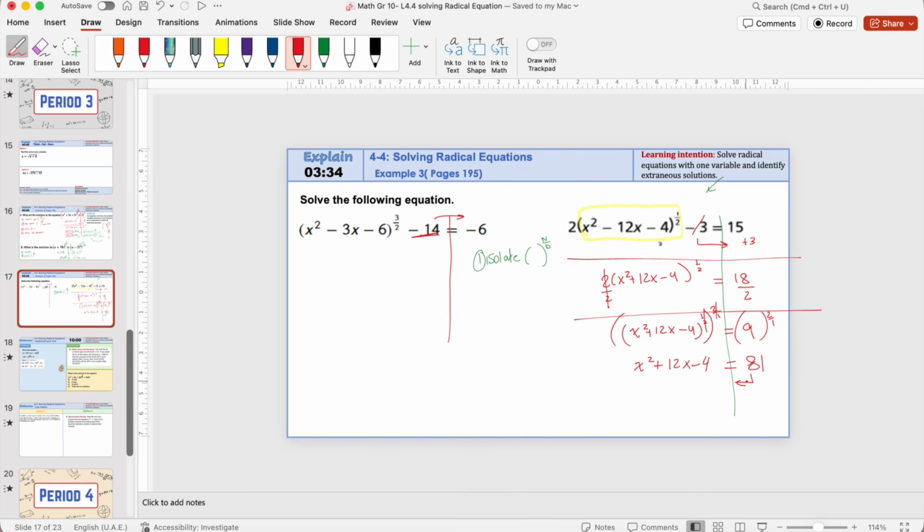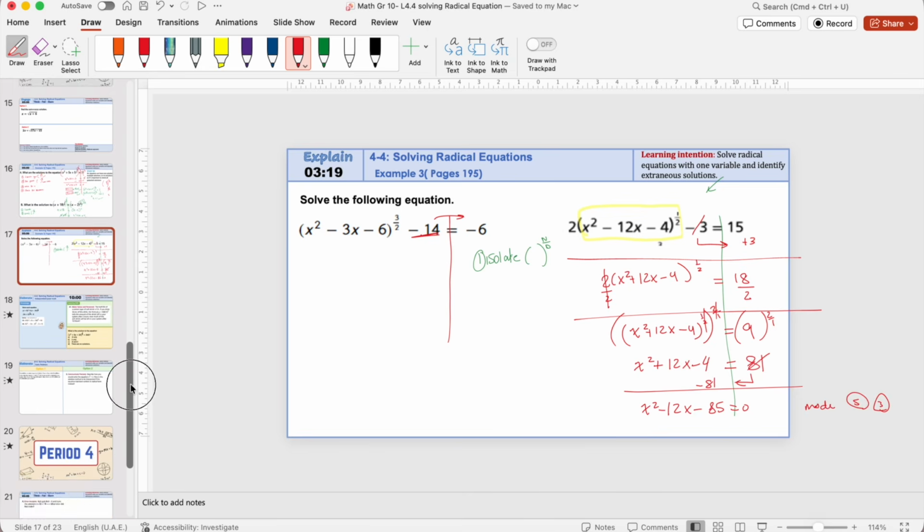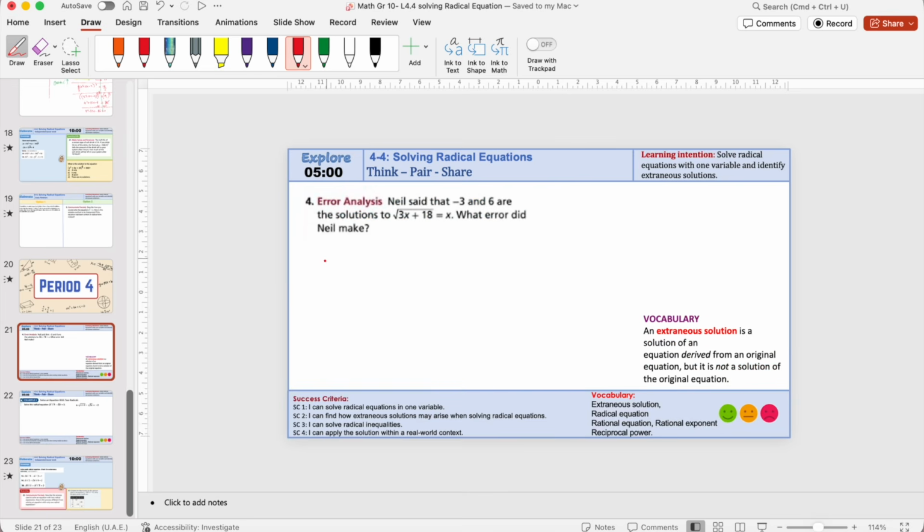Now take the 81 to this side. You're gonna get x squared plus 12x minus 85 equals 0. Use mode 5 3 and get both answers. Last idea, which is what if I have